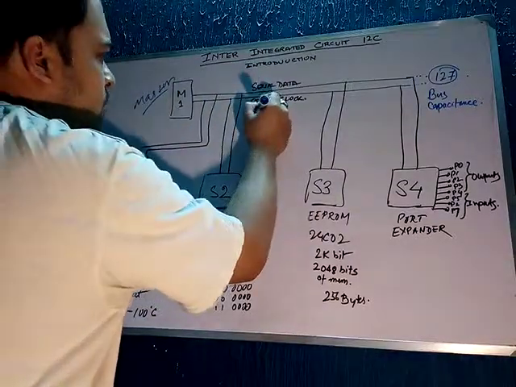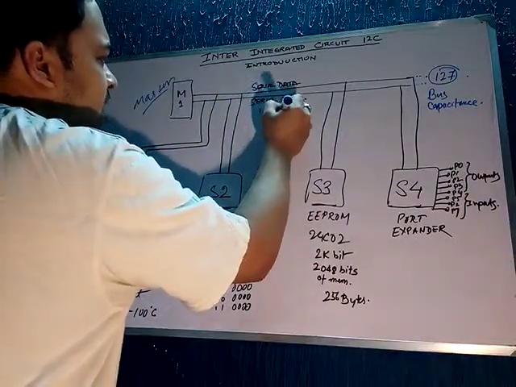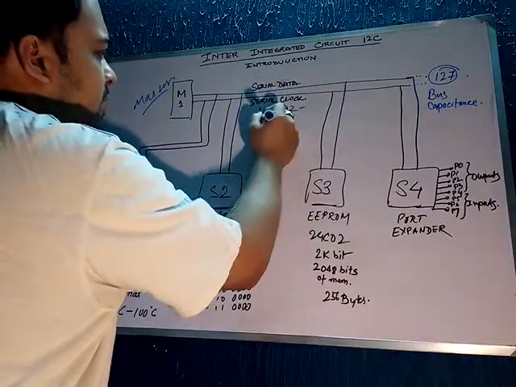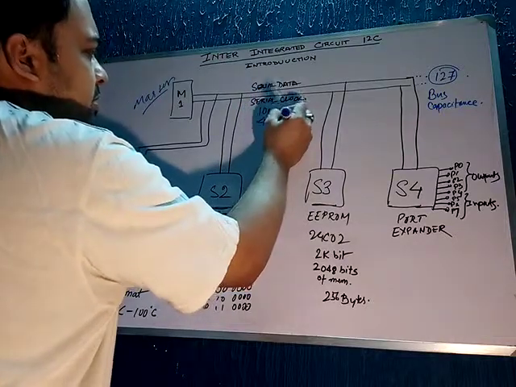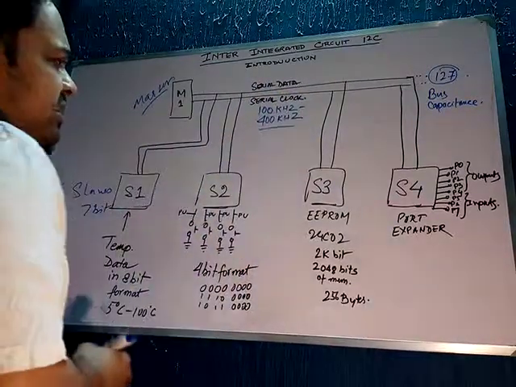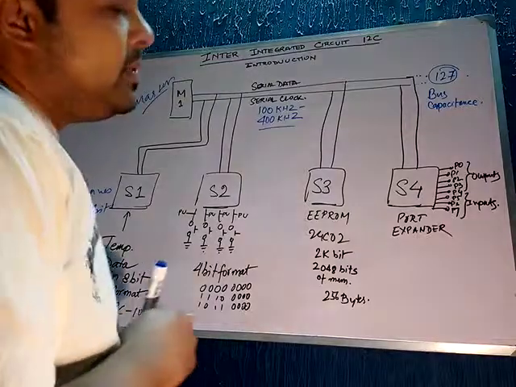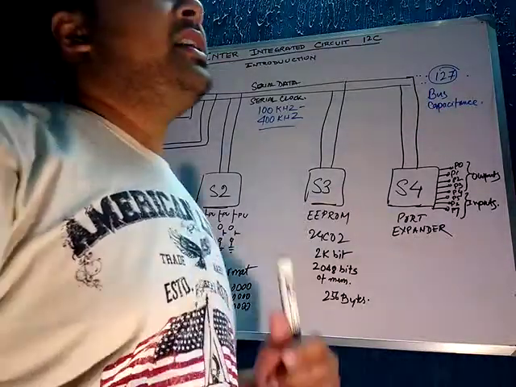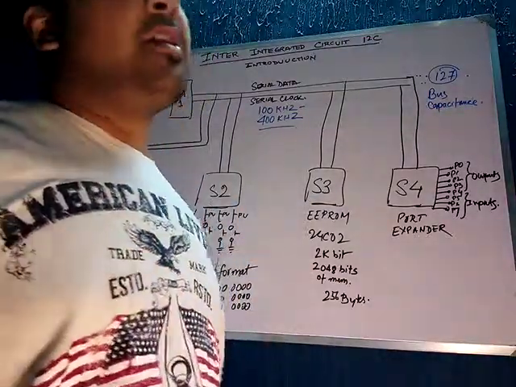Here we usually go for a 100 kilohertz to 400 kilohertz clock speed. This is the limitation of the clock speed that Philips and everybody recommends for